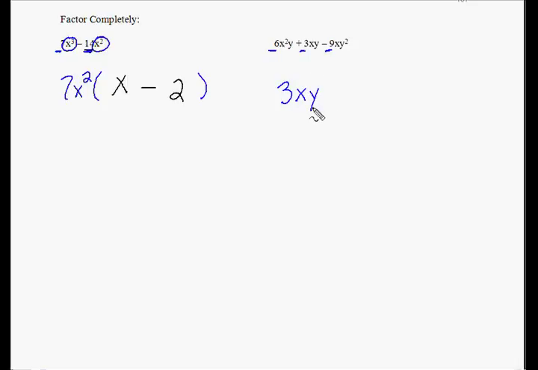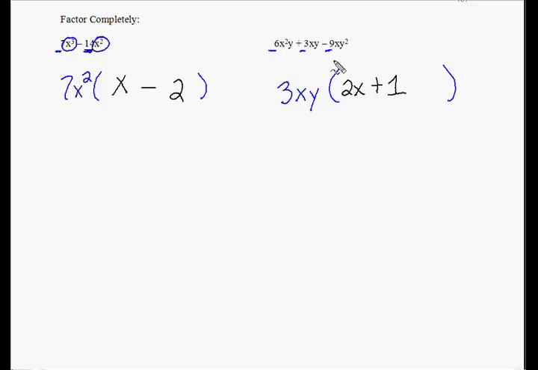They all have an x, they all have a y, and then I use one set of parentheses to show what's left. 3xy goes into 6x squared y, 2x, plus this 3xy divided by what I'm factoring out, this 3xy, leaves you